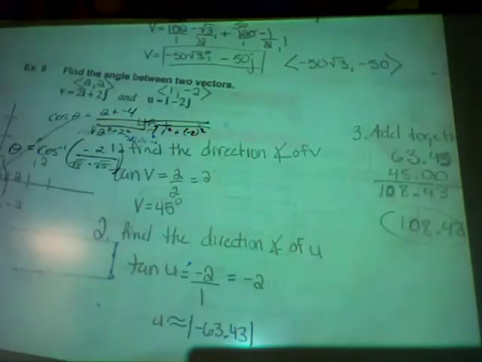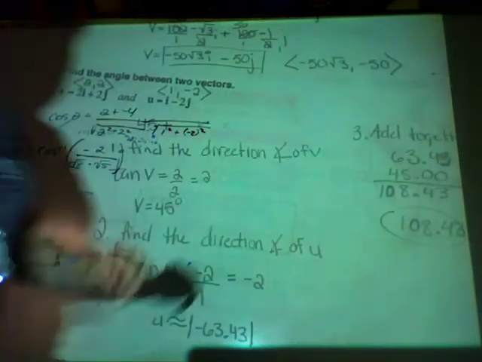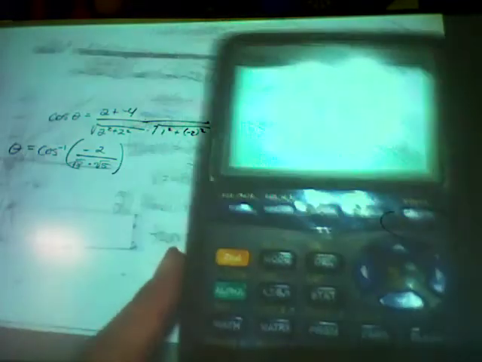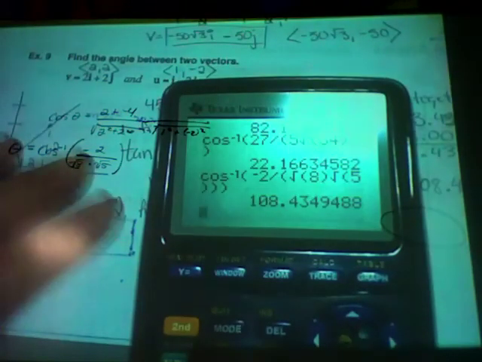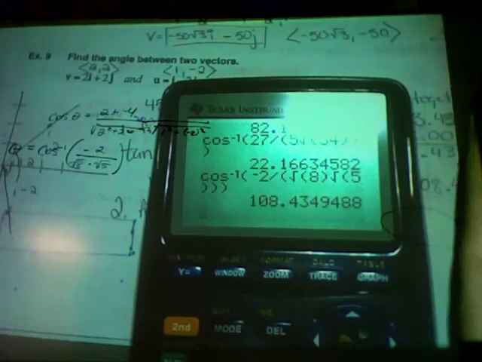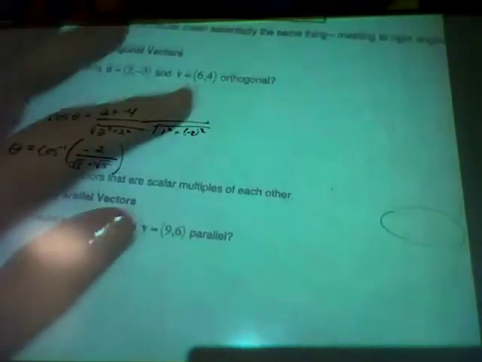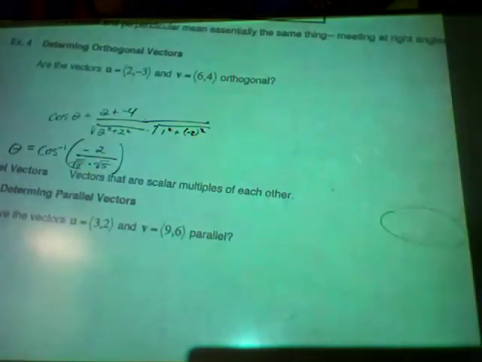Did anybody do it? And you got it. So, yeah, she's got it. So here's her calculator, right there. Right? 108.43, did it work? So both are acceptable methods. So here's that back, here's that back. All right, let's do the last two problems. Let me erase my board. Okay, so then,